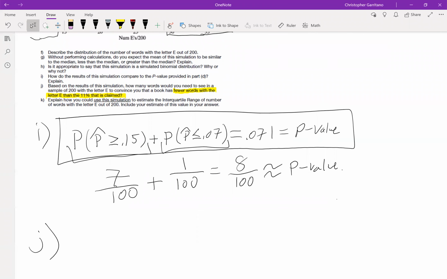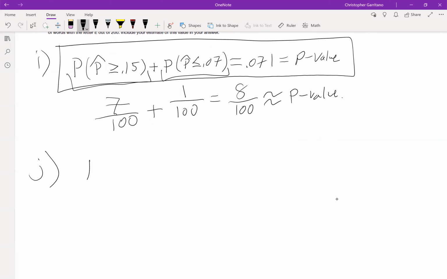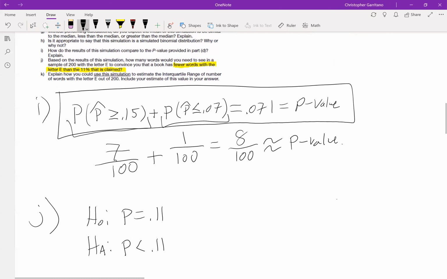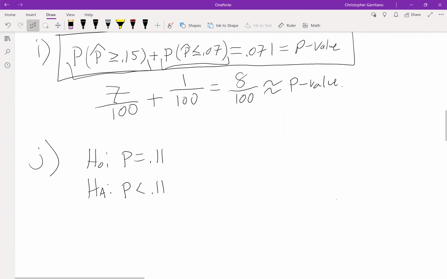We're testing to see that our book actually now has fewer words with the letter E than the 11% that is claimed. So if we think of this in terms of a hypothesis test, we're assuming, again, that p is equal to 0.11. But if now we're testing to see that there are fewer words than what we hypothesize, we would have our alternative hypothesis be p less than 0.11. A standard alpha